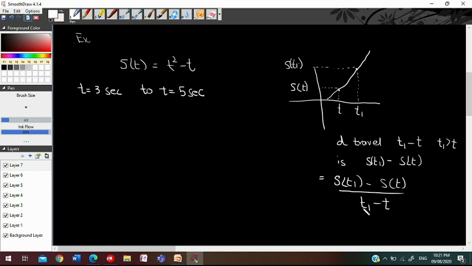This is the difference quotient, which we are going to use. It also represents the average rate of change of distance over the time t1 minus t. If t1 minus t is not small, it is not a small difference of time, then the average rate does not represent the accurate change